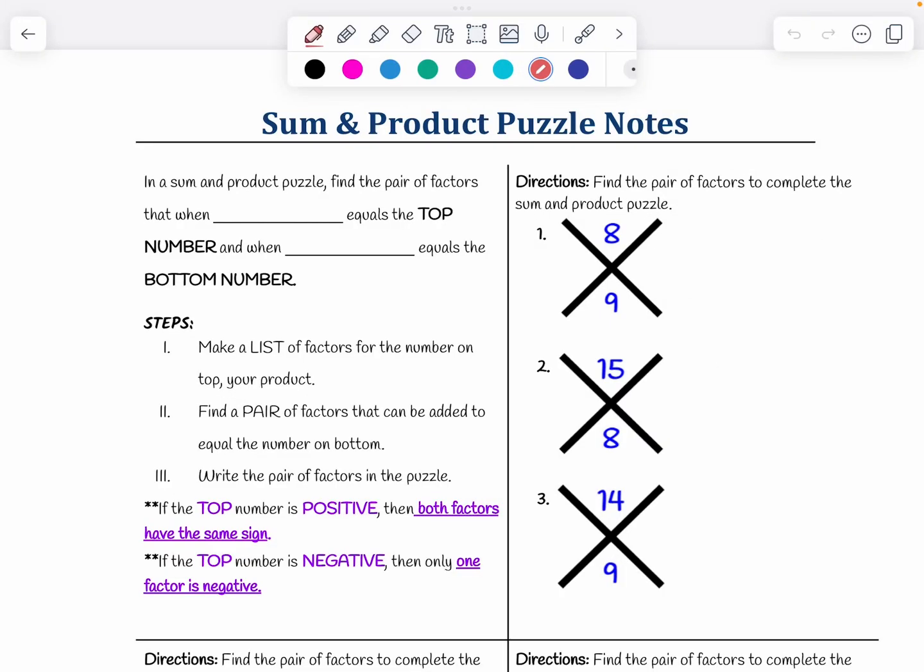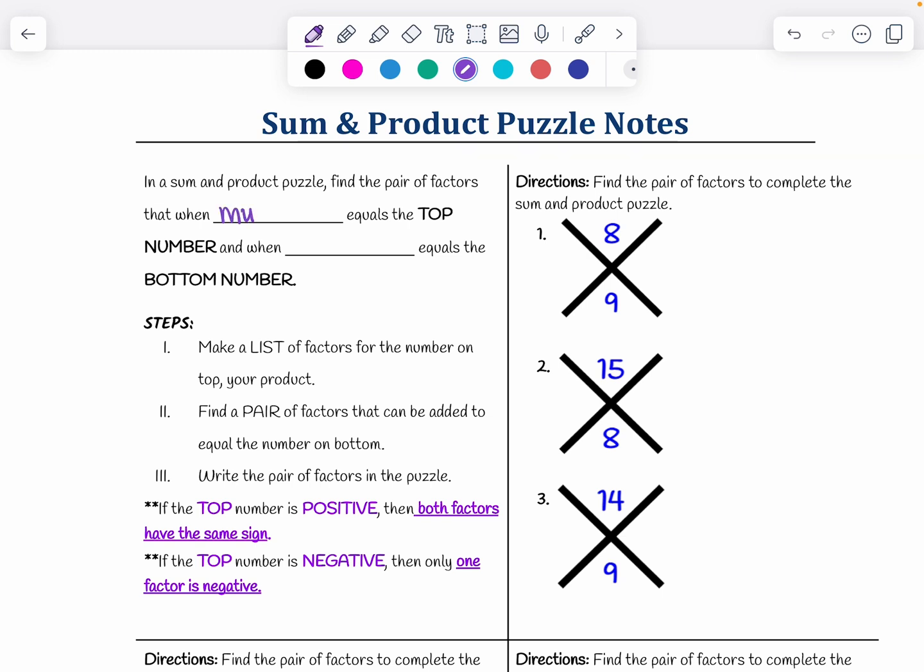Today we will be learning how to solve sum and product puzzles, or sometimes I call them X puzzles. This is going to help you when we get to polynomials where we are factoring. So I wanted to let you practice solving the puzzles so that doesn't slow you down when we actually get to factoring. In a sum and product puzzle, you're going to find the pair of factors that when